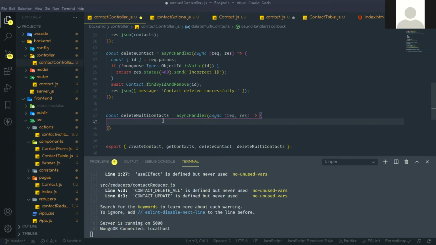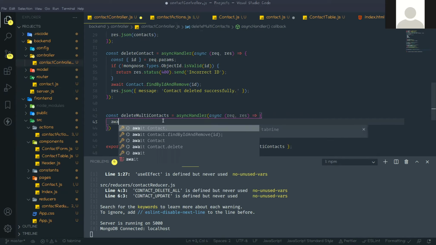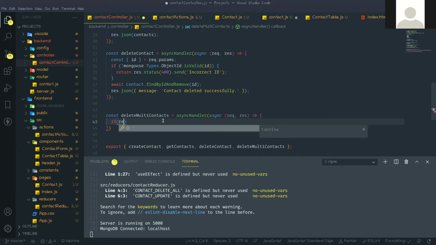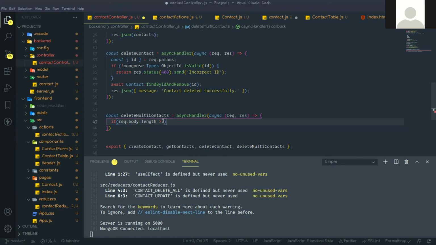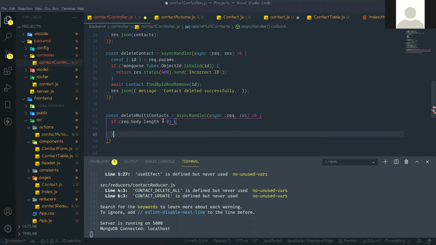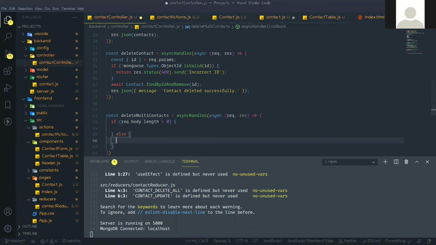So what we will do, one check is, if request.body.length is greater than 0, then only we can run, otherwise not. If else happens, then we can send a 404 error, no IDs found.